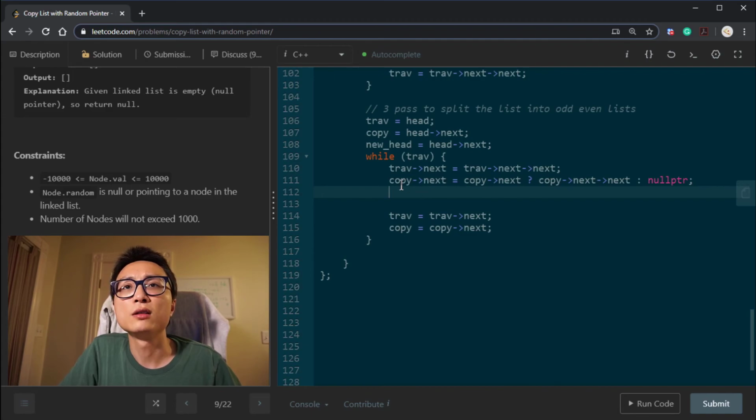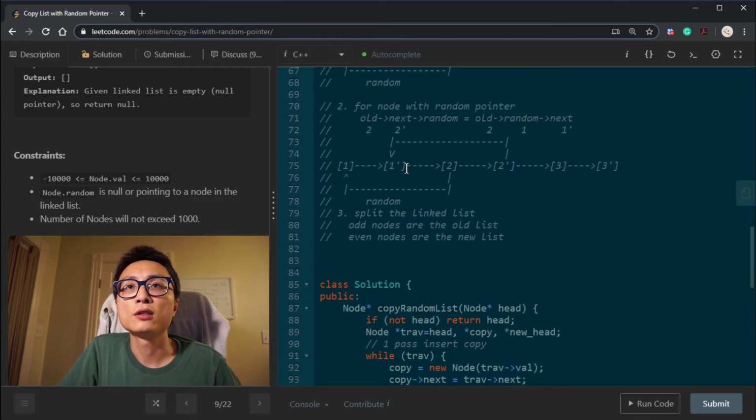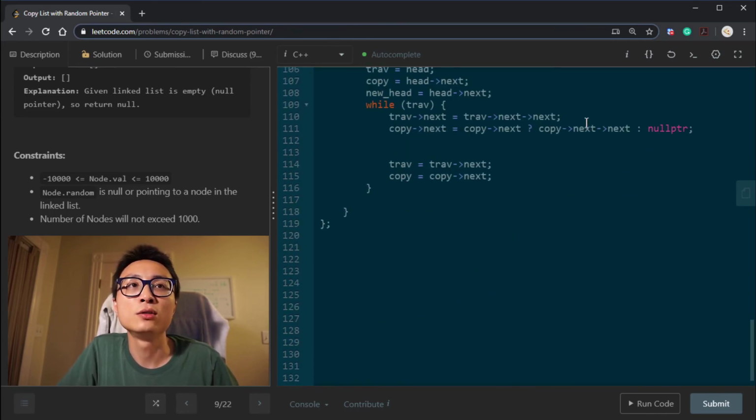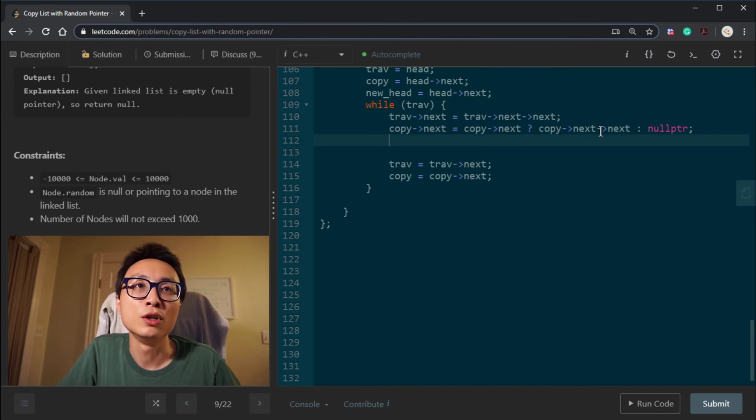The only difference is that when we traverse at the same time, the copy is actually 1 step ahead in the fused linked list. Even though we advance them at the same pace, the copy is likely to hit a null pointer before this traversal node. So for that reason, we need to do a condition check here to make sure that copy.next is not a null pointer.